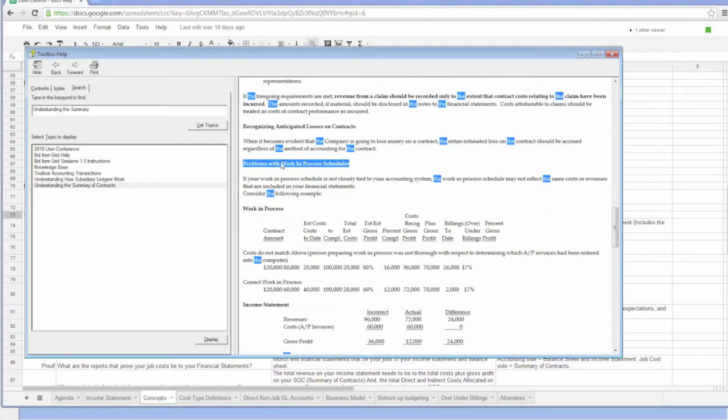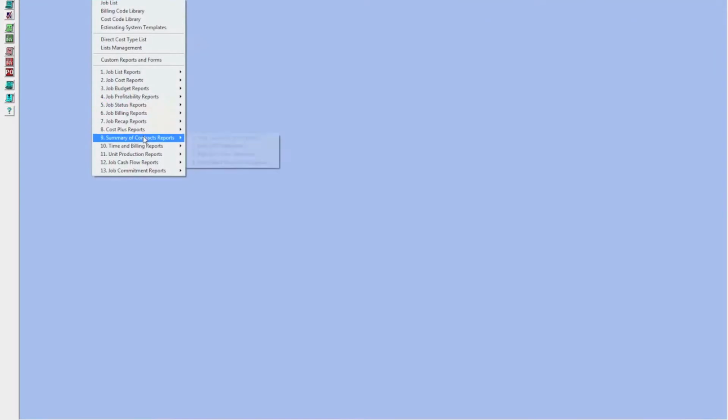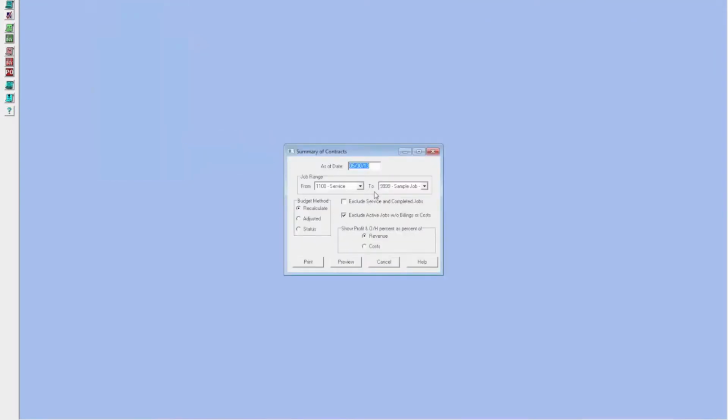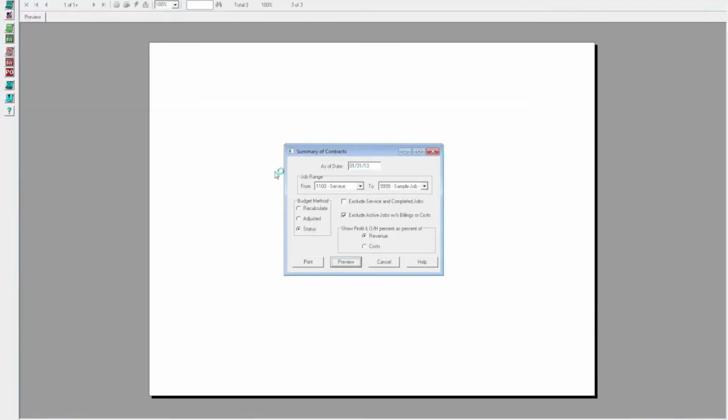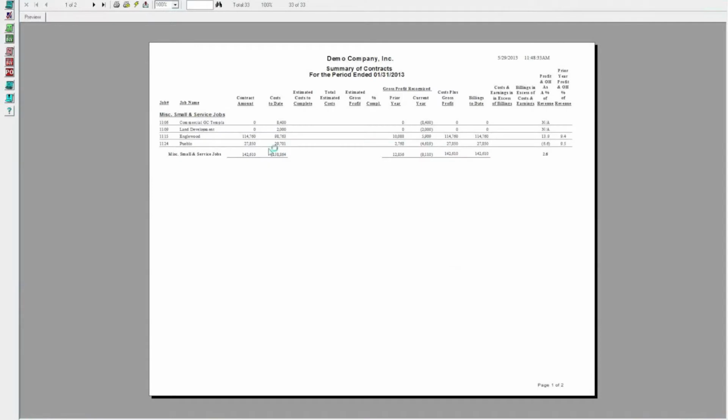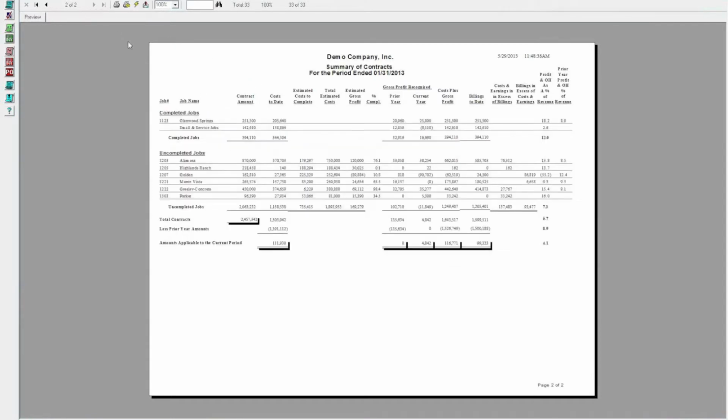So there's the concept of a work in process schedule, where we're just dealing with the summary of uncompleted contracts. If we come over here to the summary of contracts and we print it, the difference between a work in process schedule, sometimes called a bonding report, or just a summary of uncompleted jobs, is that you're just getting the uncompleted job section. When you get the completed job section and the uncompleted job section, then you're able to tie into